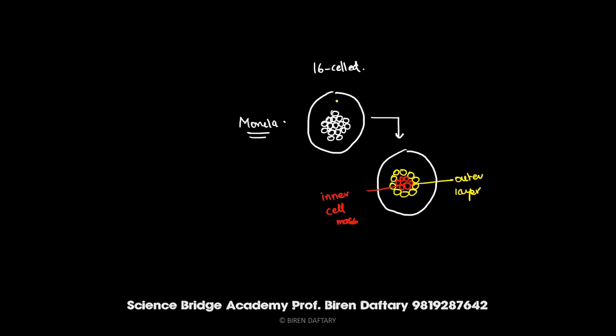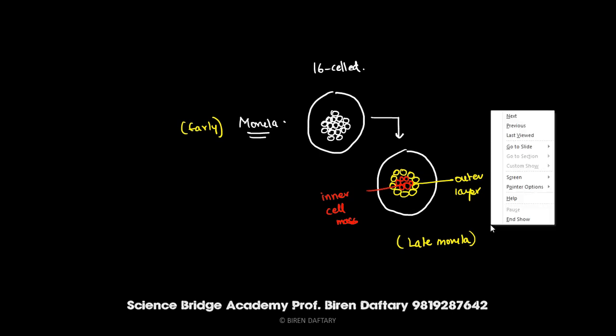So this is the early morula. I'll write down early over here, and this is the late morula. The late morula has 16 blastomeres. It is a 16 cell stage. It has the zona pellucida. The cells or the blastomeres get divided into two regions, the outer layer of cells and the inner cell mass. Okay, now what happens is this